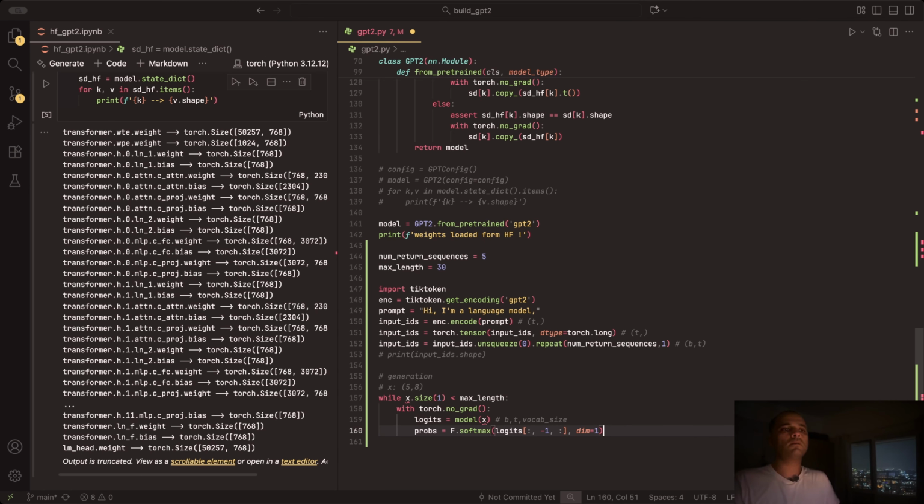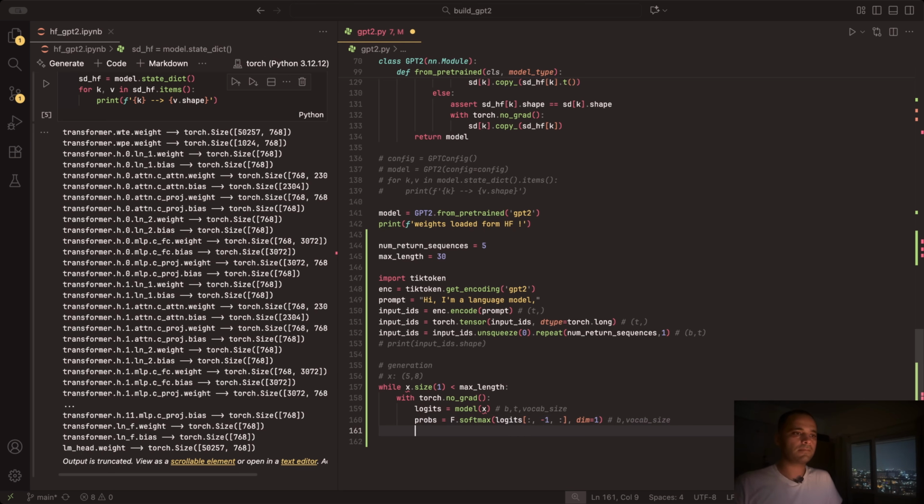So this would become a B by vocab size tensor of probabilities. For each element in the batch we get a probability vector of size vocab size. Then